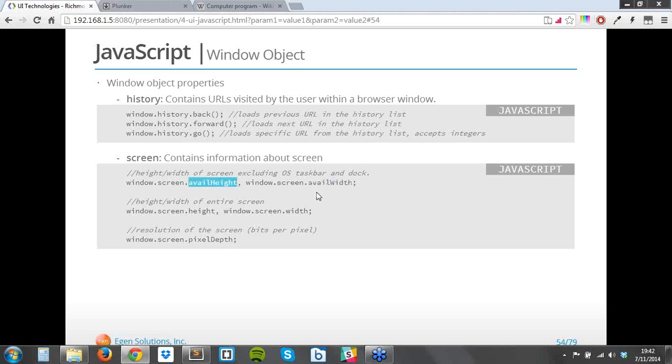So if you see available height and available width, it will exclude the operating system taskbar like this, because of course this space is not usable for any application in case of Windows. And the dock, if you are using Mac or Ubuntu, you have the side dock, right? So of course if you use available height and available width, it will exclude those dimensions. What if you want to get it for the entire screen? Well, just use height and width in that case on screen,